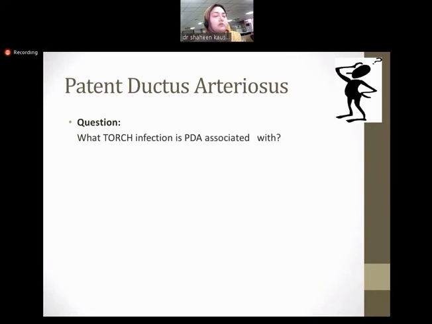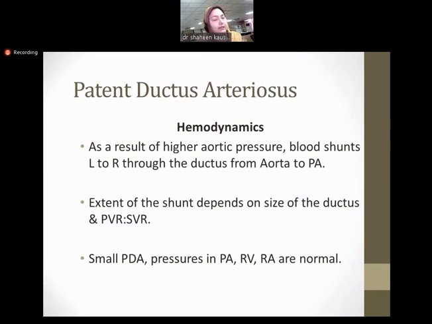Torch infection, which is associated with patent ductus arteriosus, is just food for thought. Answer, I will move forward and you will check. The hemodynamic issues that are associated with pulmonary stenosis are